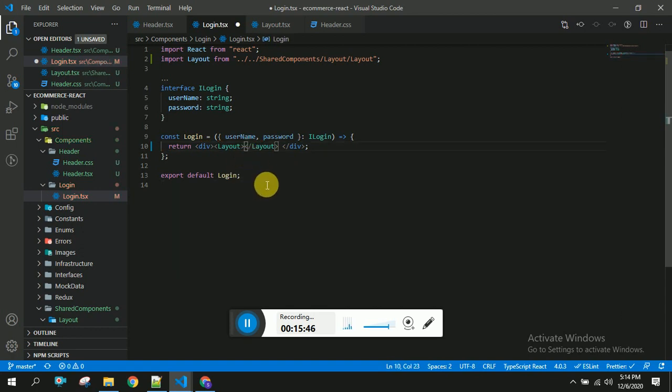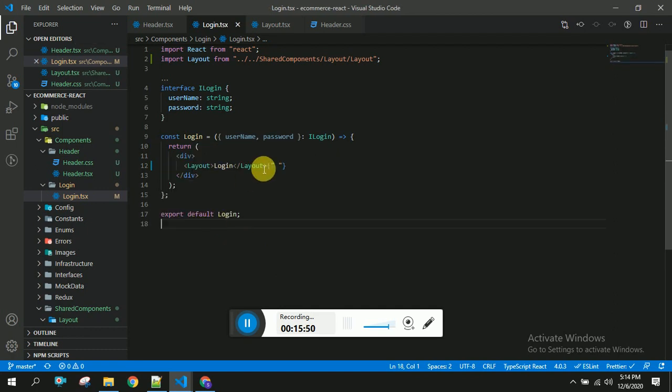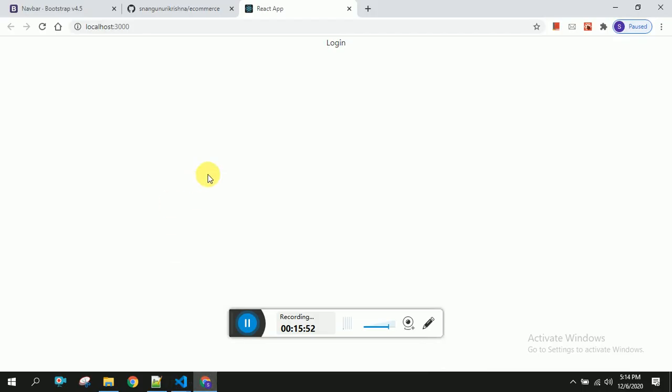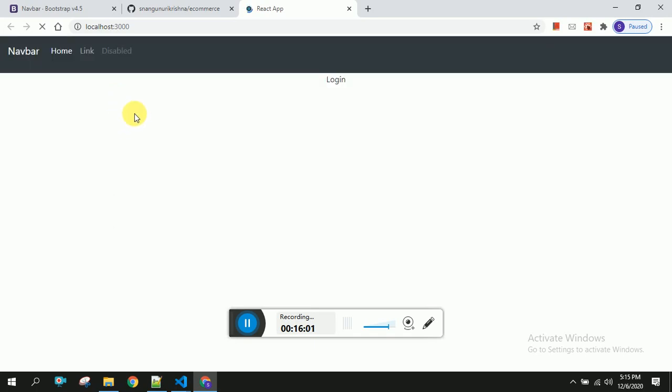In this layout, I am going to send login. Once I save this and refresh the browser, you should be able to see the navbar now. Yes, you can see here. Even if I click on register or login, the navbar will be the same, but the content will be different.